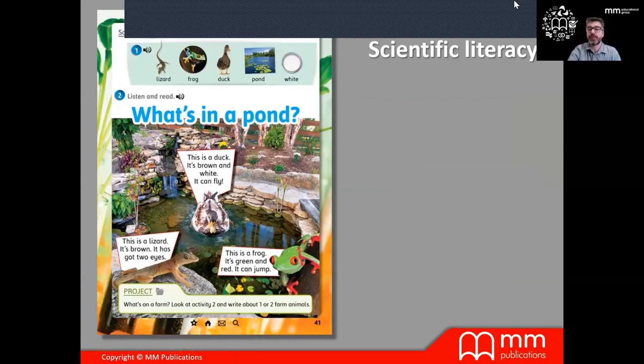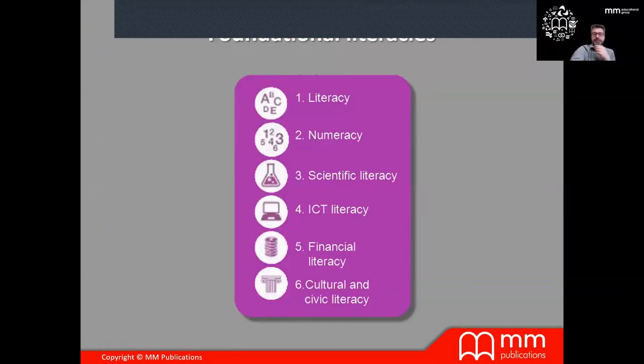Well, here is an example of how we deal with scientific literacy. Our students are learning English, yes, but you see here at the top of the page, we've also tried to incorporate other curricular subjects like science. So students here are learning English, but they're also learning about science. These are probably topics that they might have learned in their science class in their native language. But now here's an opportunity for them to learn about them in English as well and make that connection between what they're learning in their native language and what they're learning in English. So we're trying to enhance that learning for our students.